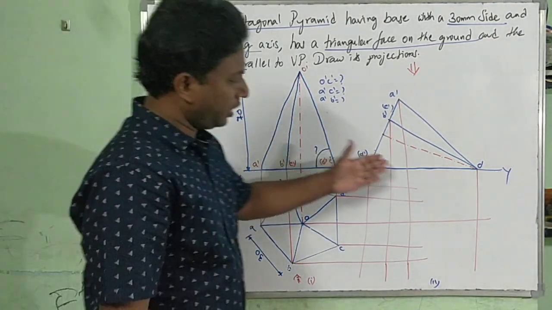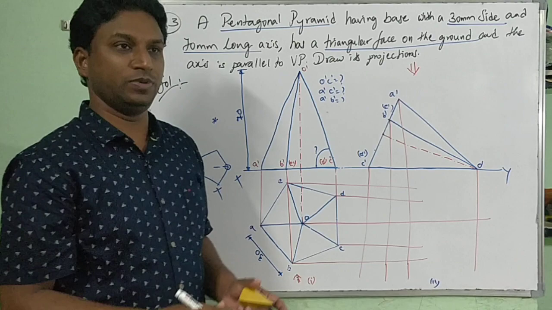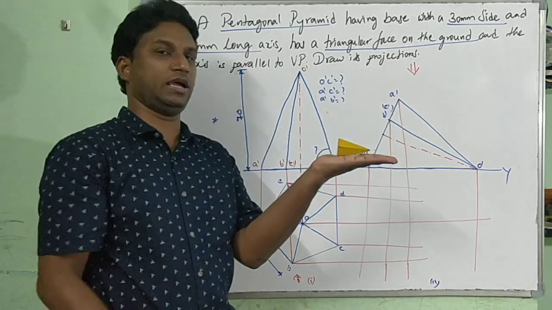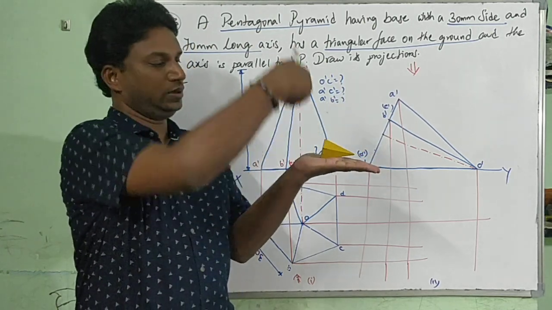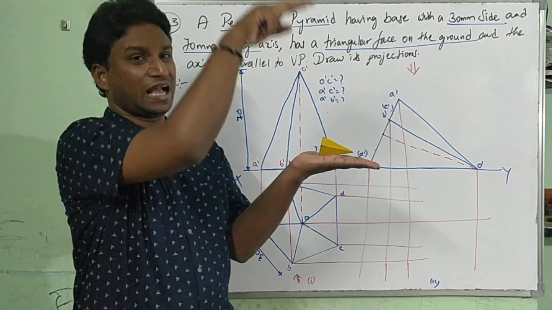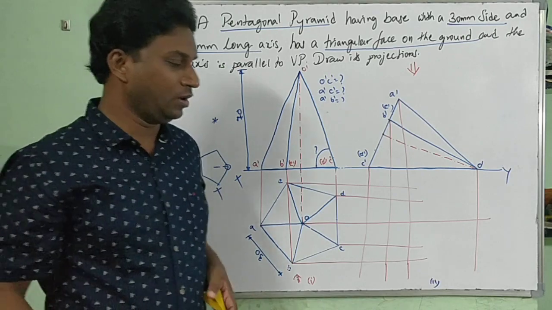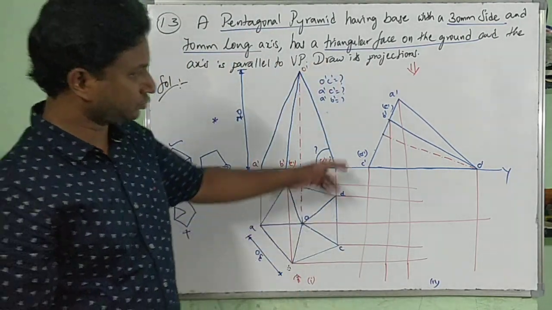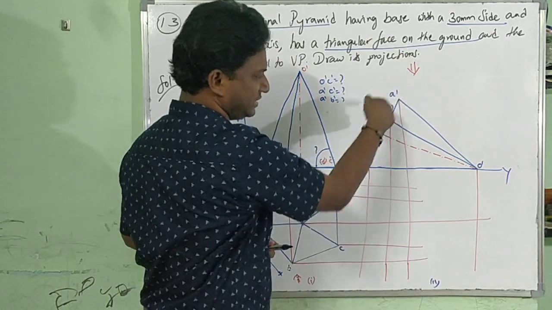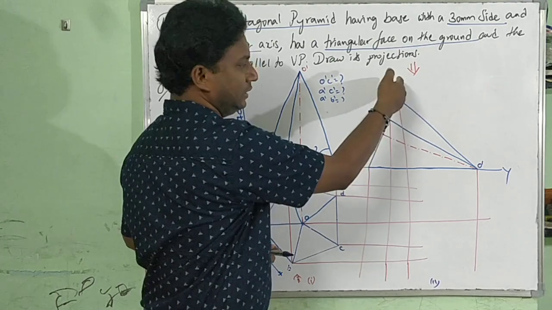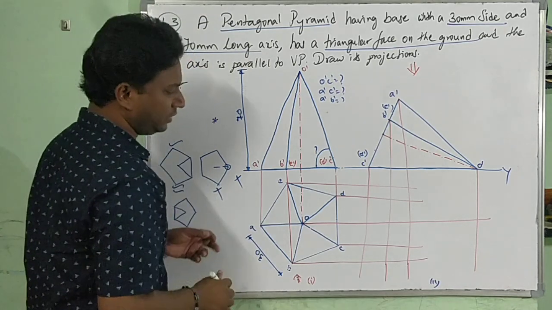Now, drawing the base. How will the base look? Is it fully visible or partially visible? When I am looking with respect to the triangular face, it is like this, slant. When I am looking from the top, I can see the complete base pentagon, not of full length but of diminished shape. So when I am looking from here, this slant is completely visible. What is this slant? This slant is completely the shape of the base pentagon. So completely it will be visible.